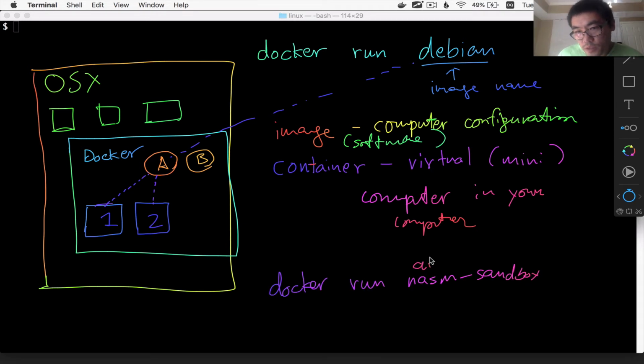Actually, it's namespaced under my username. So you docker run that NASM sandbox image, and then Docker will create another container, but this time it's using this image instead of the Debian image. So that's what Docker is doing underneath.